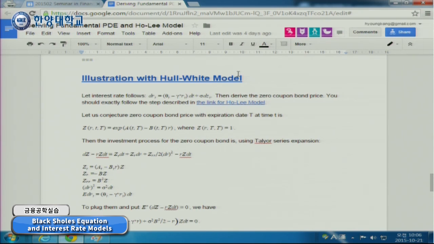And again, we can conjecture that the interest rate follows this process, and then we can solve it. Then we can get the zero coupon